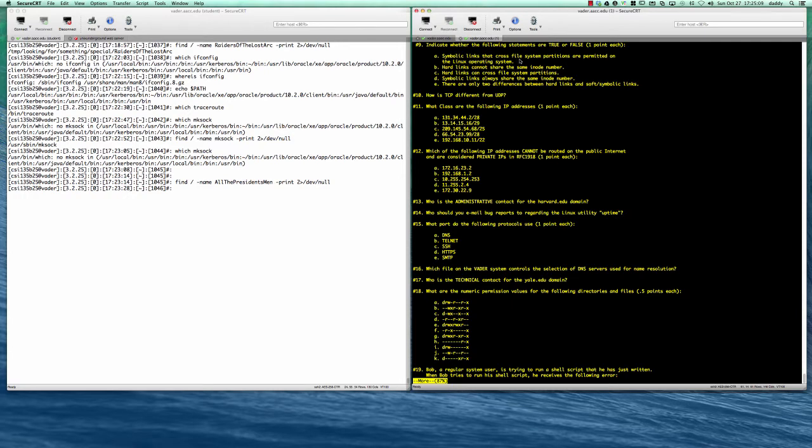Number 9, indicate whether the following statements are true or false about links. So symbolic links that cross file system partitions are permitted on a Linux operating system. This is true. B, hard links cannot share the same inode number. This is false. Hard links, in fact, do share the same inode number. C, hard links can cross file system partitions. We know that this is false because, as B asked about the inode numbers, hard links cannot cross file system